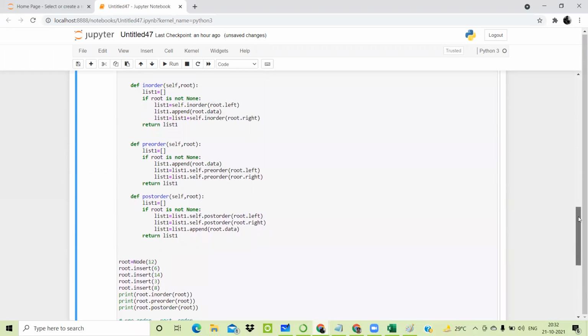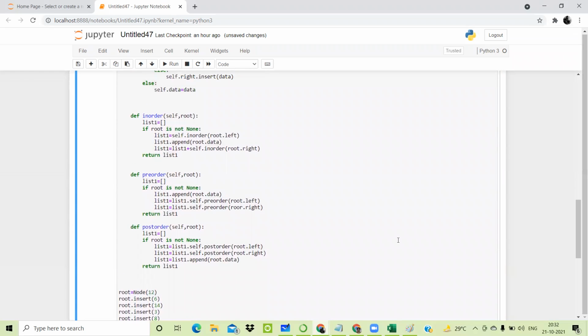Stone object is not having self dot left, root dot data, root dot right. Here I have made a mistake.